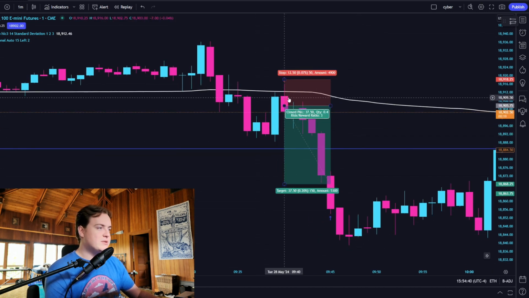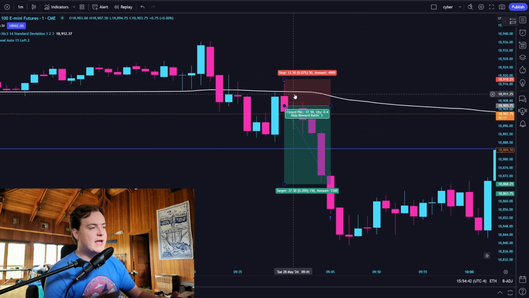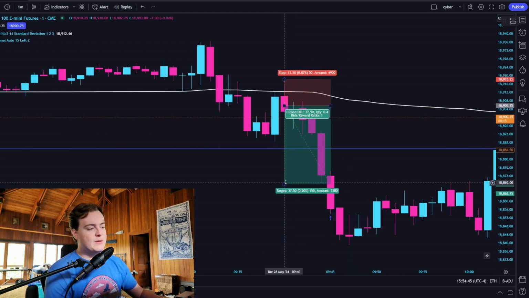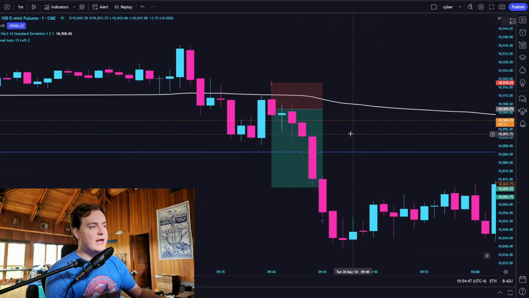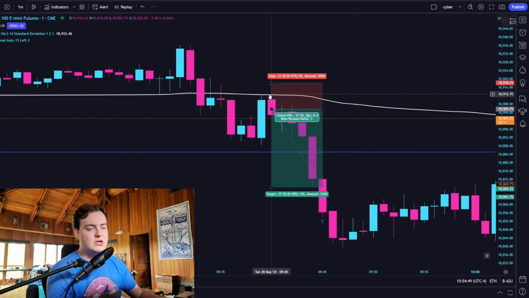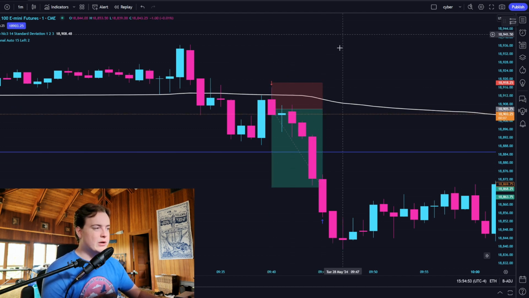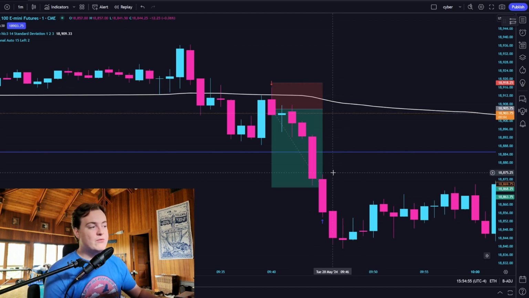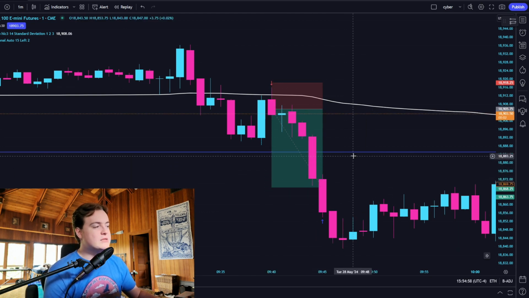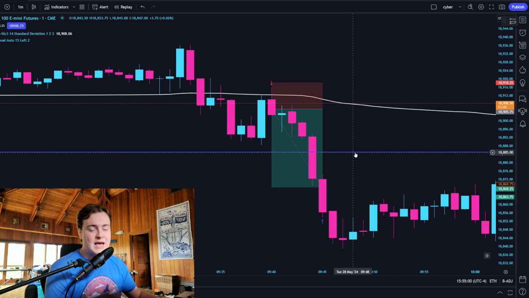And as soon as we tap VWAP, I'm like, all right, let's see how this reacts off the VWAP. About 10 minutes, and I'm not seeing too much of a reaction off this VWAP. I'm not really seeing us hold it, not really seeing any support. And not to mention, the gap was lower here. This previous line that I made here is not the gap in the QQQ, but it is a line of